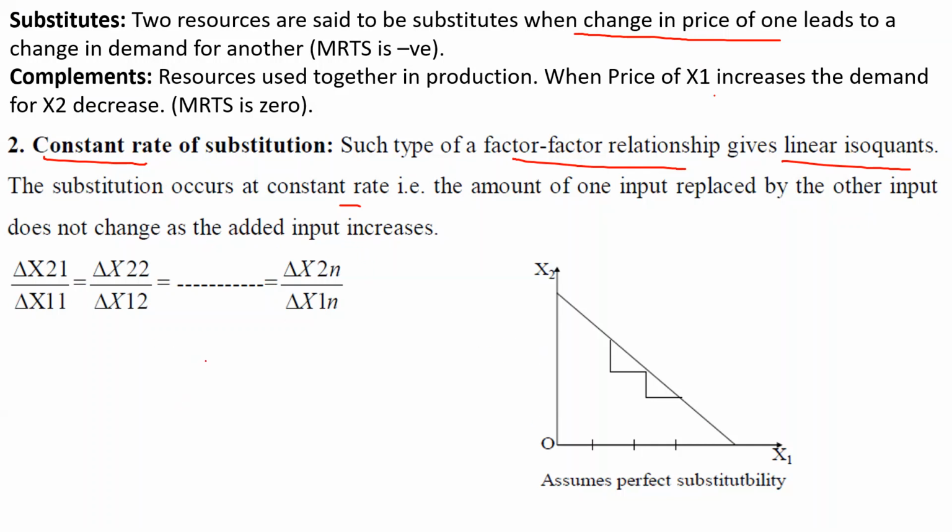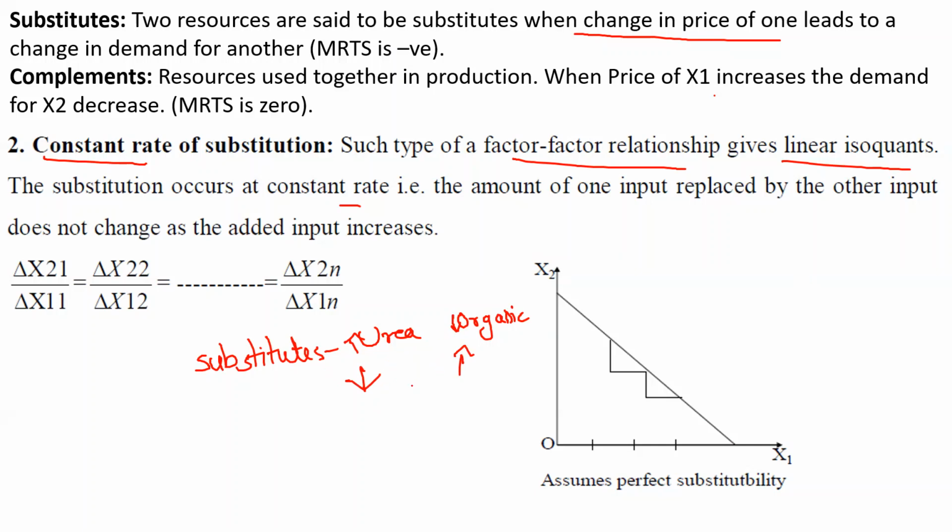यहाँ पे सब्स्टिट्यूट्स रहते हैं, दो इनपुट सब्स्टिट्यूट्स है. फॉर एग्जांपल वी कैन से फॉर नाइट्रोजन, द क्रॉप नीड्स नाइट्रोजन, सो द टू सोर्सेस ऑफ नाइट्रोजन इज यूरिया एंड द ऑर्गेनिक मैन्योर. So these can be substituted for one another. If we go on increasing urea, we have to decrease the organic content, or if we are increasing the organic content, we have to decrease the urea. So these are not the example for perfect substitutes,